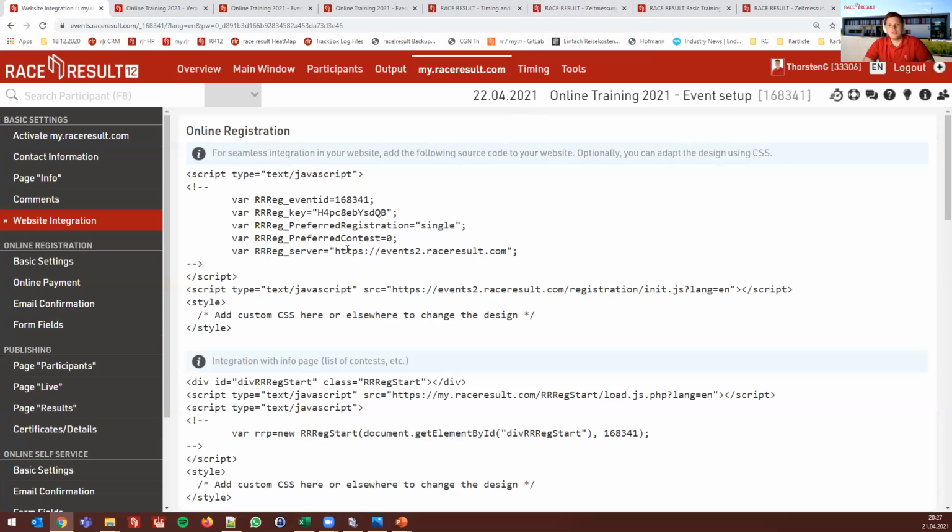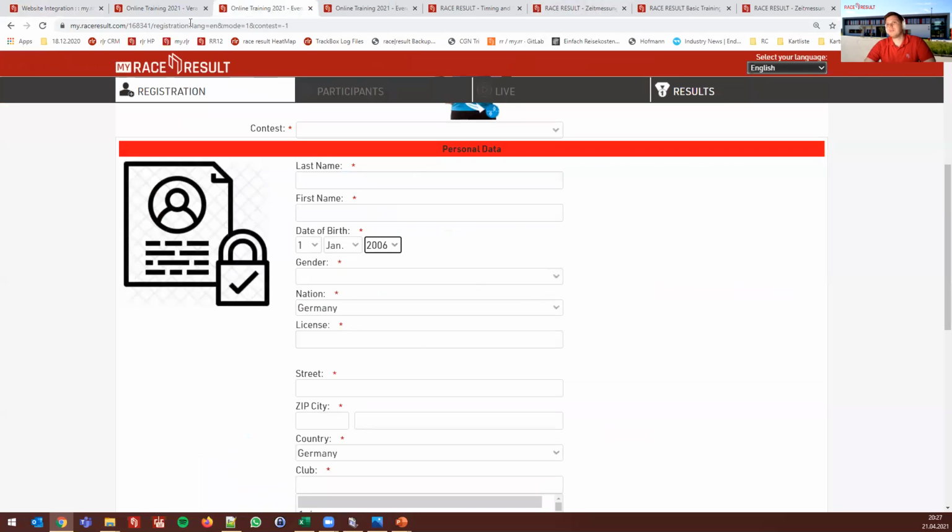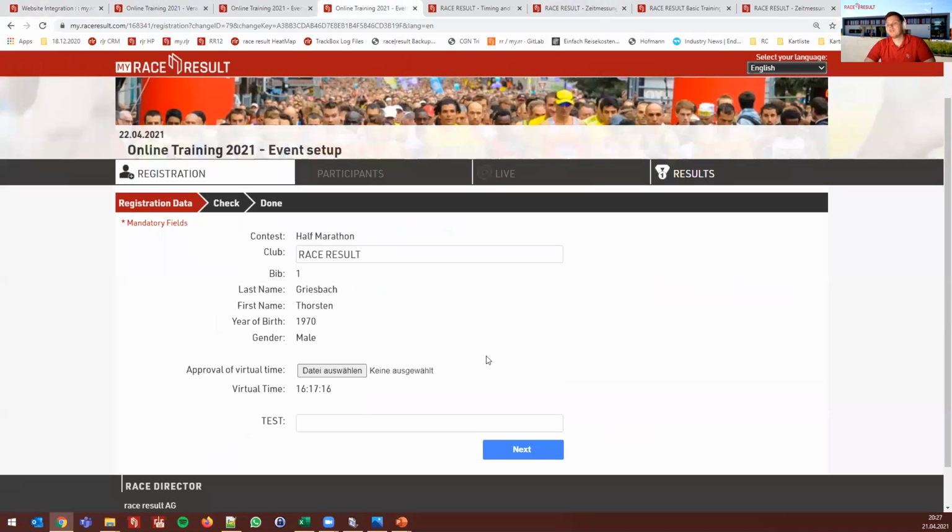You don't need to forward people to myresult.com. You can keep them on your event website. But now you still want to have the change link, and the change link should not be on myresult.com as we used to have here. But the change link should also be on your event website. And that is possible